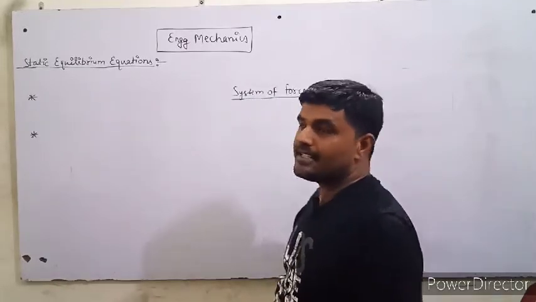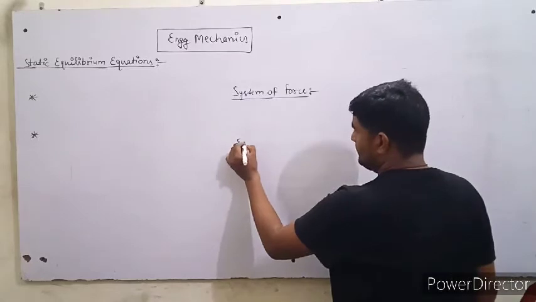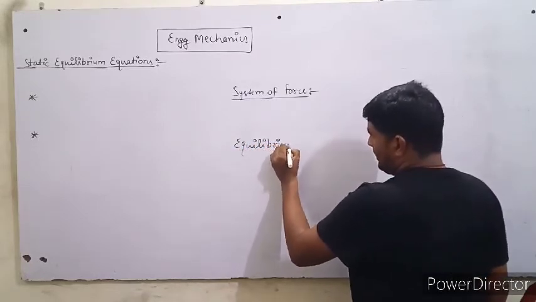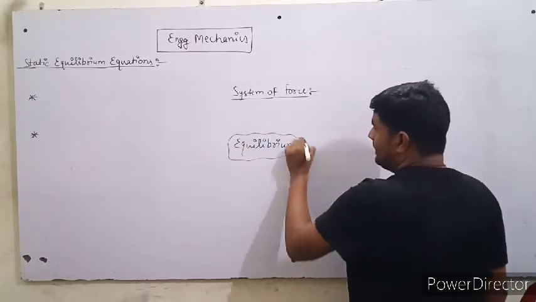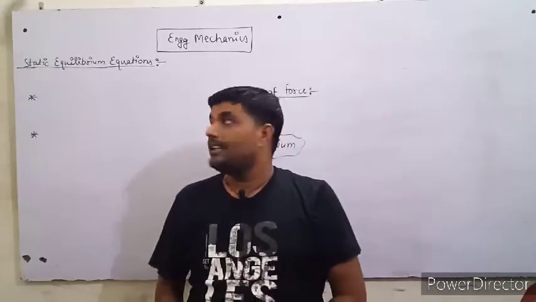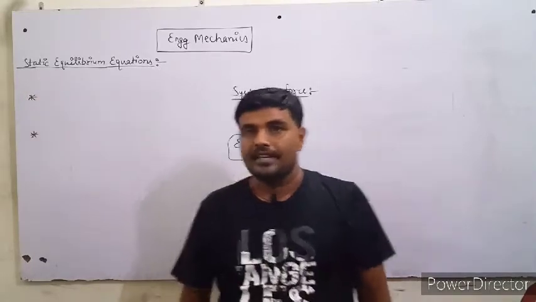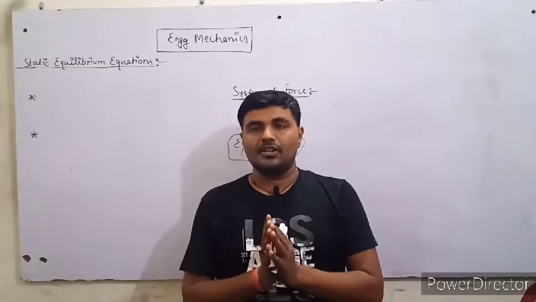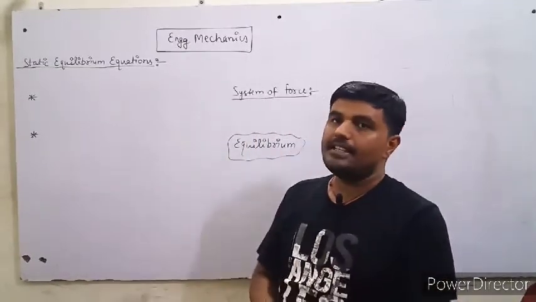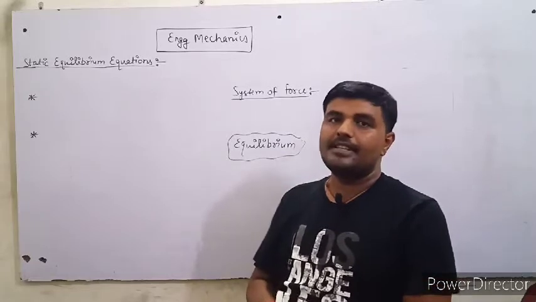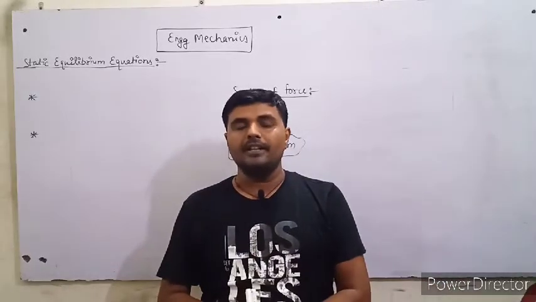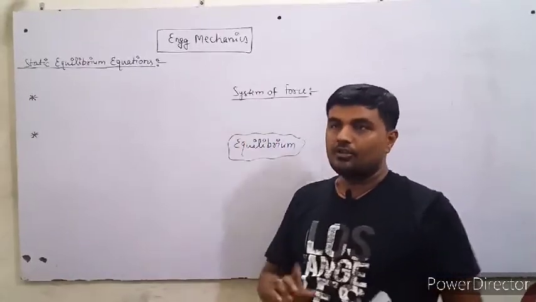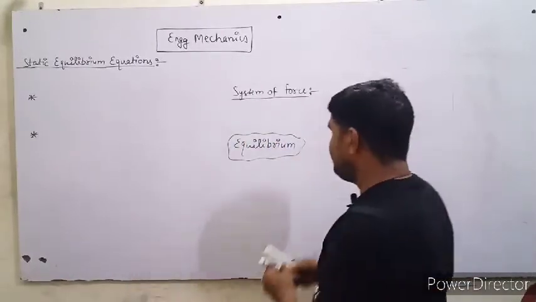Basically first we will discuss what is equilibrium. Here we will talk about only and only static equilibrium. Static equilibrium is the state of rest of a body under the action of force. Or we can say that static equilibrium is the state of rest of a rigid body when body is subjected to system of force. So here student two terms come.